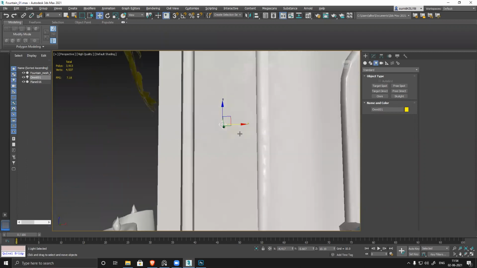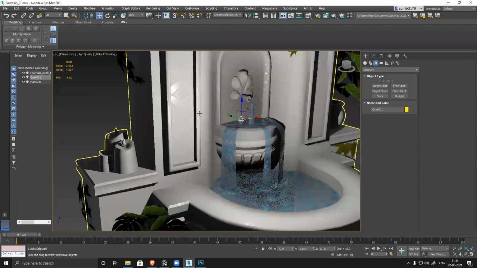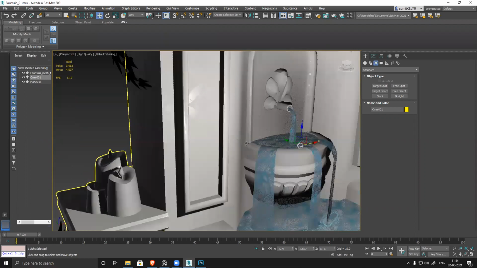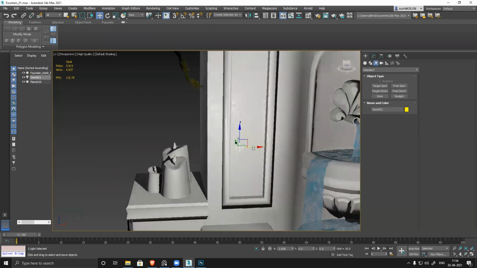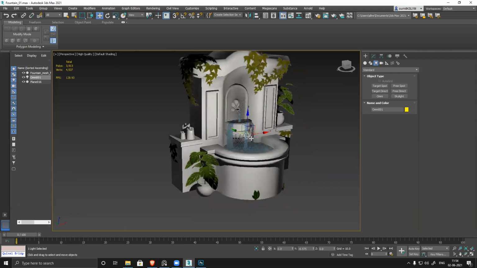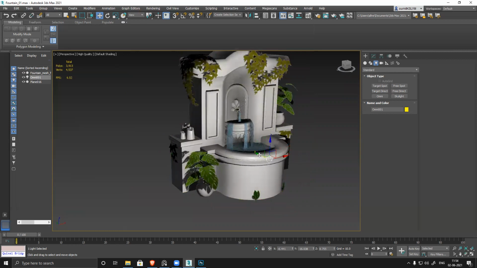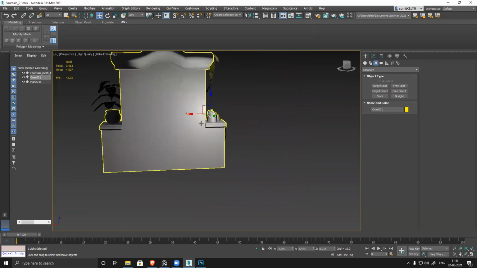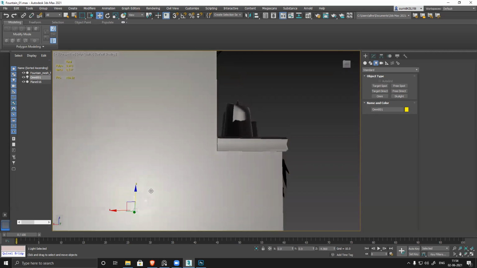Okay, why is it not showing? Now it's generating. You can see all those details are nicely visible. Let's see the backside. You can see we have a lot of information on the backside also.